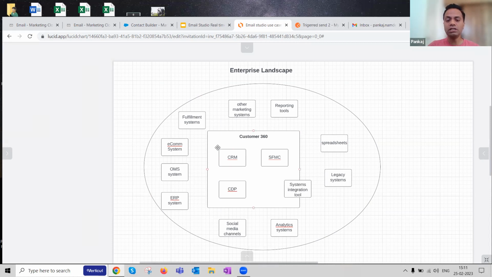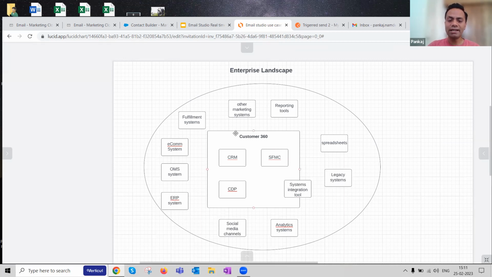So in the middle, you see Salesforce Customer 360. We have got the CRM system. We have got our own Marketing Cloud, for which this whole session has been done by Funny and team. Congrats to them. And then we have got CDP. There are other systems as well in the Salesforce ecosystem, but I've named a few of them.